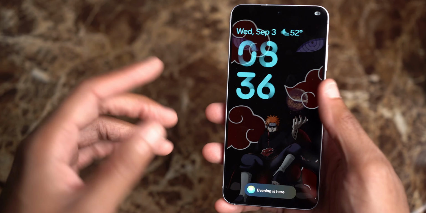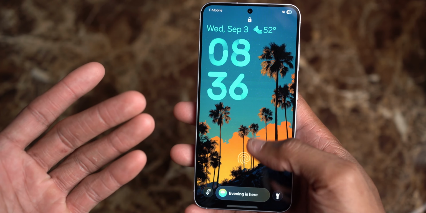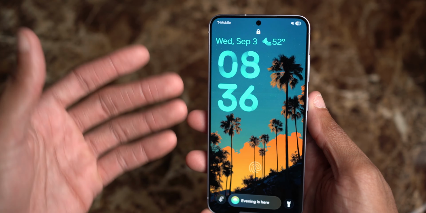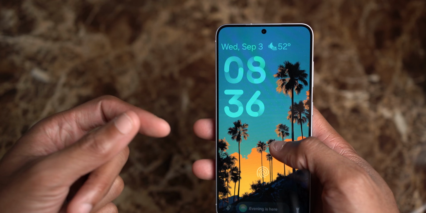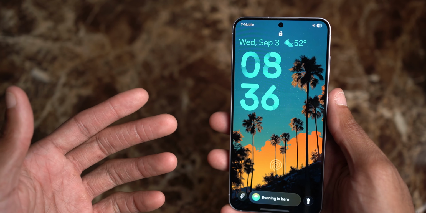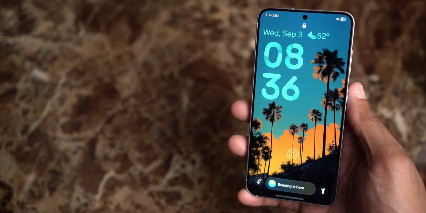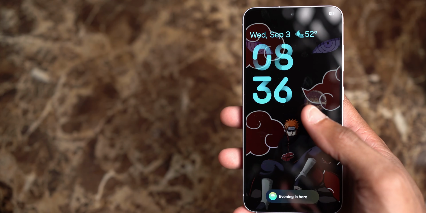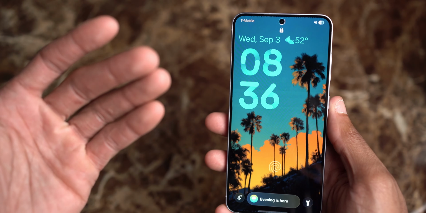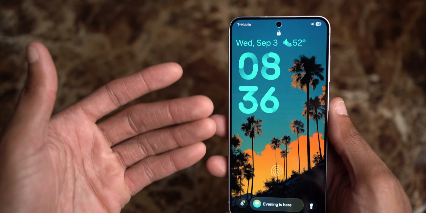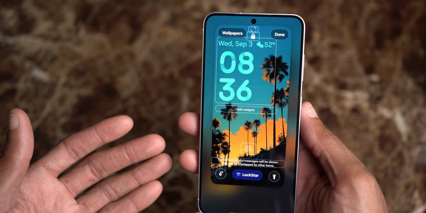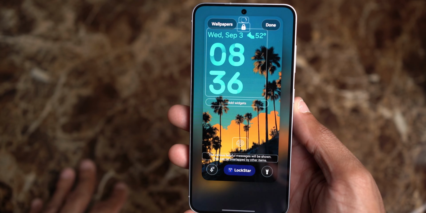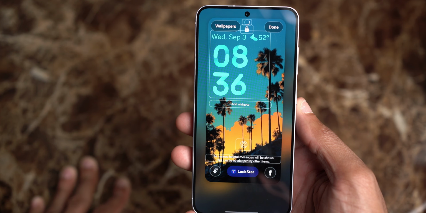All right. So, the lock screen. This is your primary presentation for your device. This gives people a glimpse into what you have going on your Samsung Galaxy device. And the reason for that is because it's kind of like first impressions, right? First impressions matter. And so with that being said, how can you make this look the way you want to? So now that we're in, this is the presentation you have